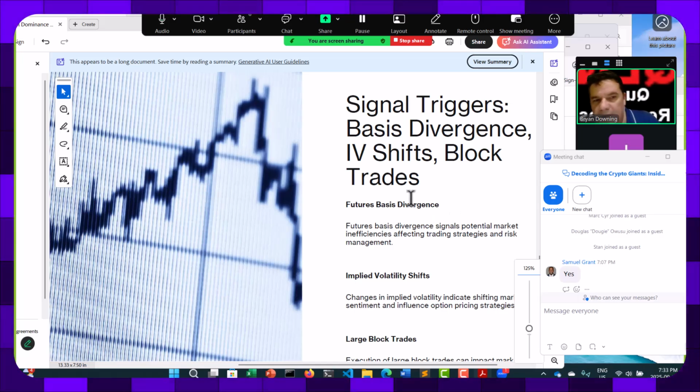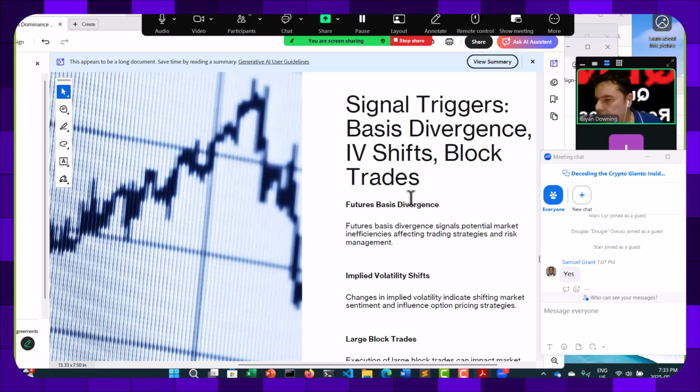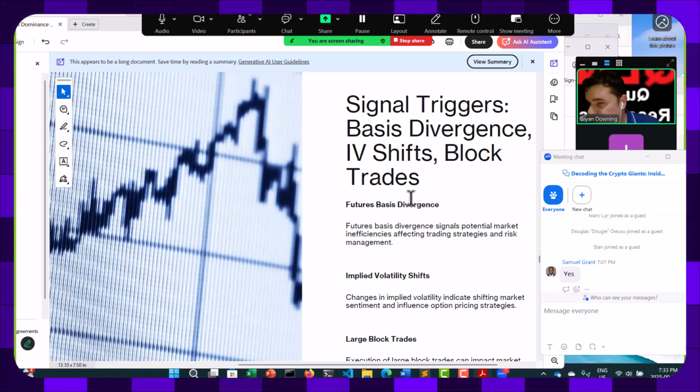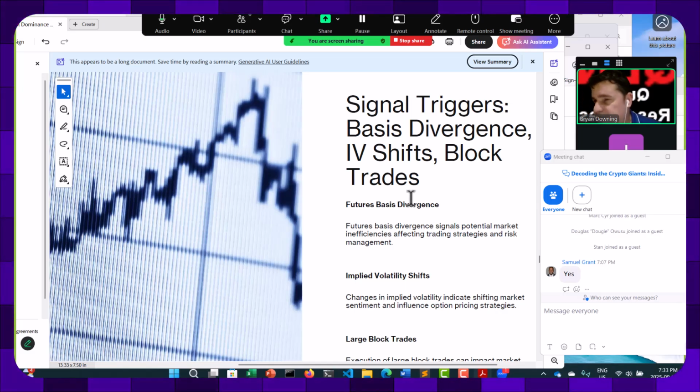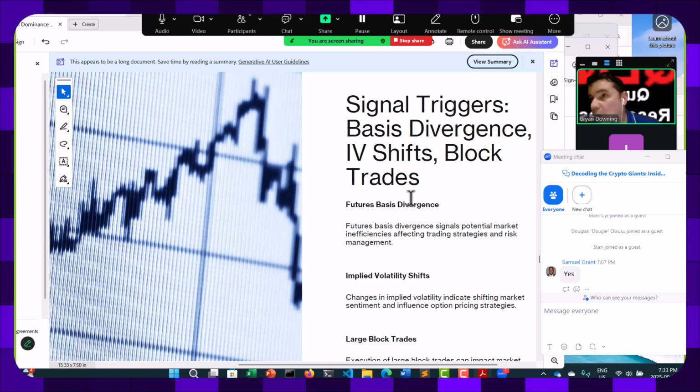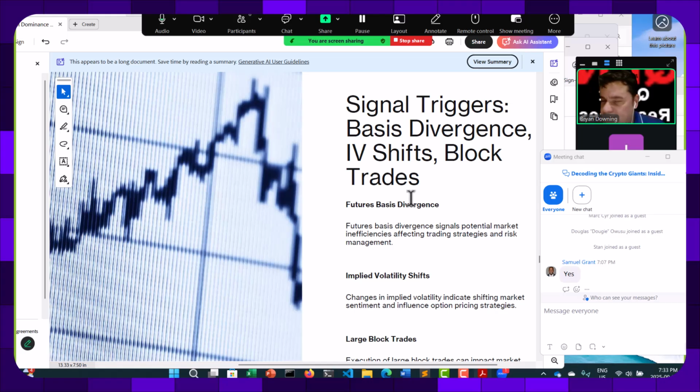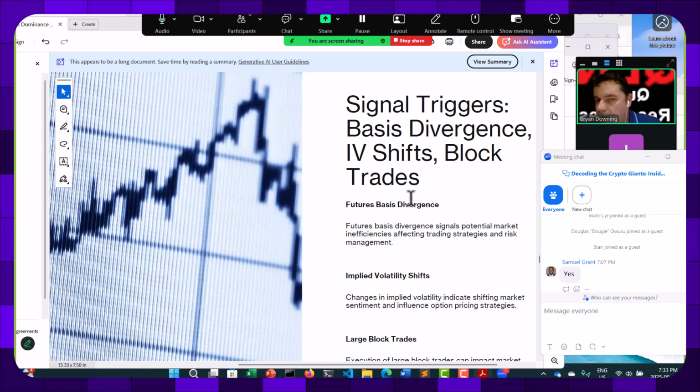Okay, so here now we're going to deal with what triggers these trades. We have things like basis divergence, implied volatility shifts, and block trades. Remember, these firms mostly participate in derivatives. They'll get into some straight-up vanilla futures trading. They may participate in some ETF or stock as well, I guess you could say. But most of their trading is going to be done in the options market. So they're going to be using a lot of the